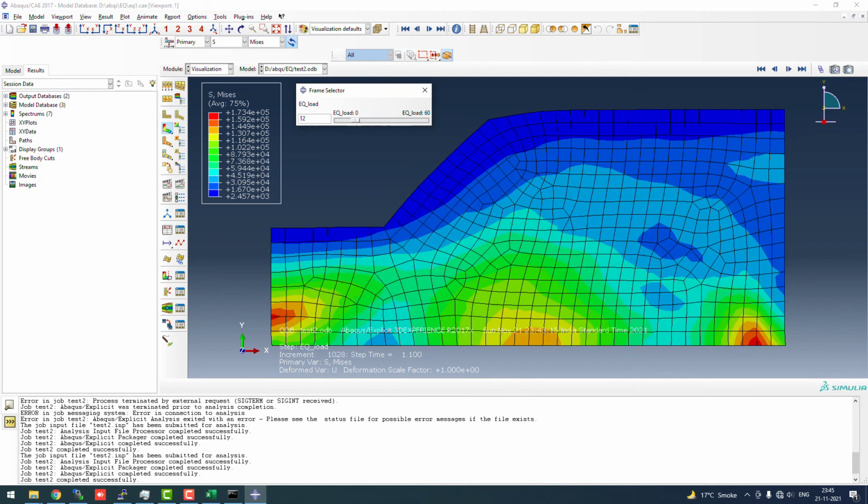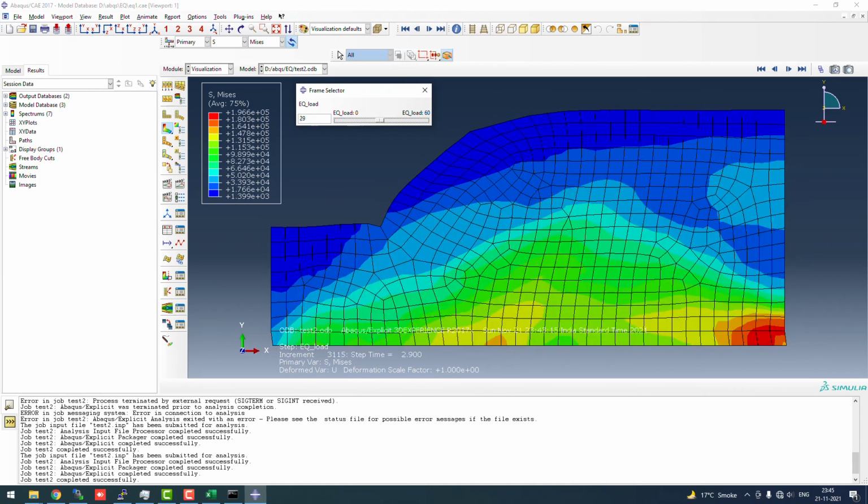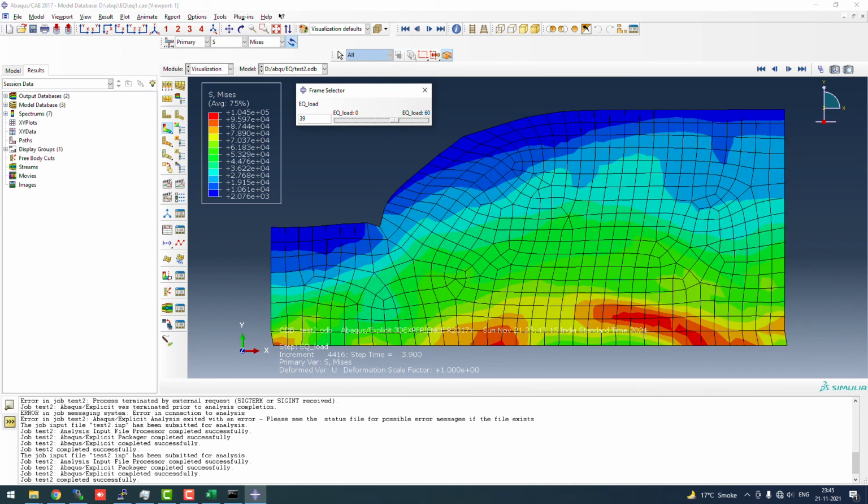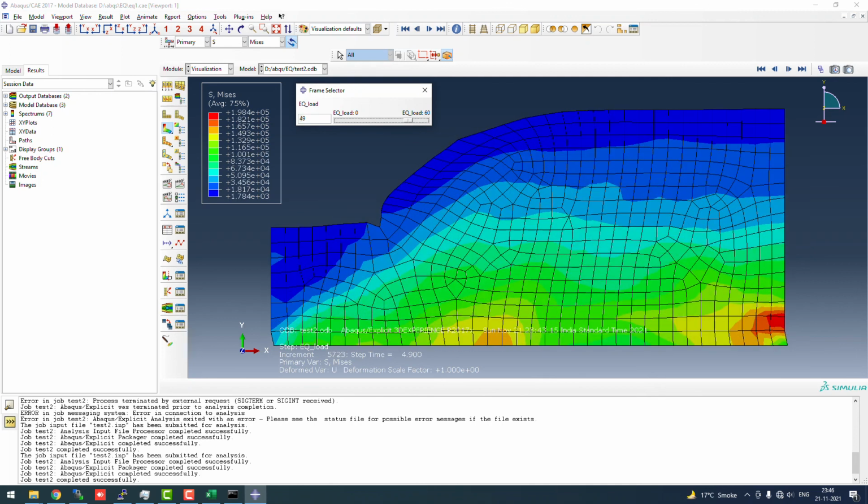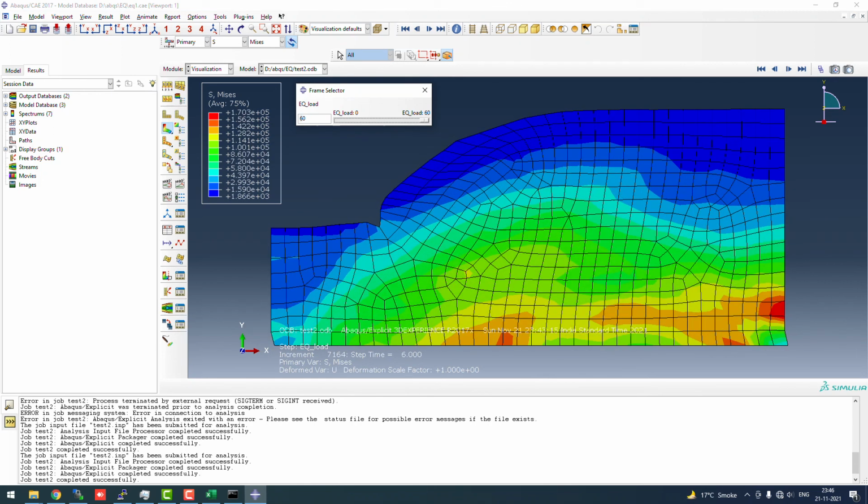As you can see, only the bottom element is moving, and with the increase of acceleration as we go into the step, the slope has almost failed, due to maybe some small value of cohesion. It is still intact, but we can call it a failure. You can see the bottom nodes are almost displaced because we have exempted them from the vertical boundary condition, basically allowing them to have displacement in x direction.